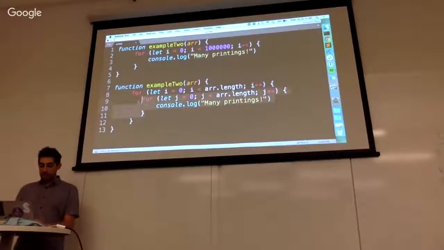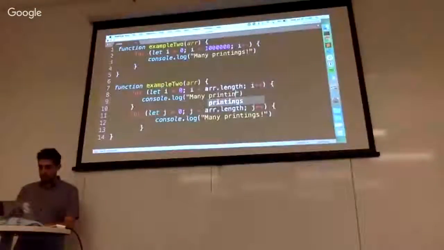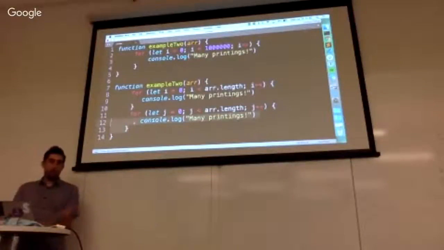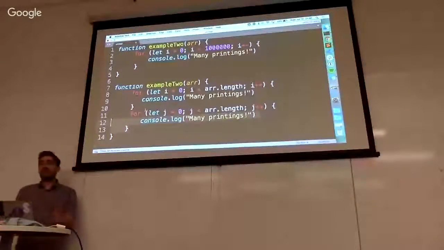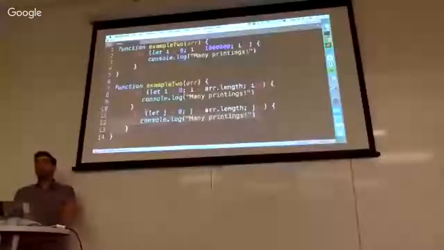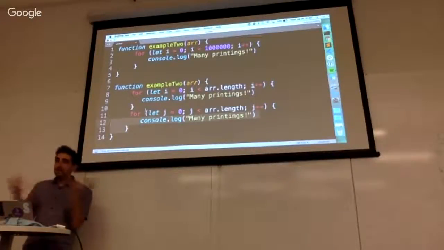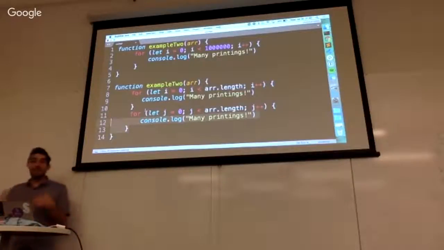But if I were to take this here and put it there, after instead of inside, it's the same code. It's just instead of putting it inside, I put it after. This is no longer n times n. This is n plus n. N plus n is just 2n. 2n is just,